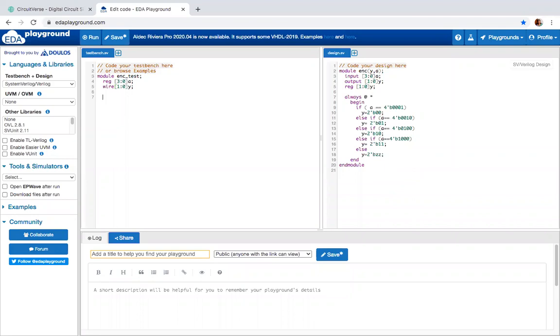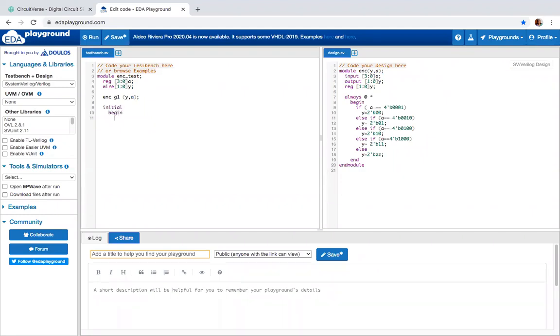Then we should instantiate the main module. So encoder gate 1, because this test bench is written for testing your main module, or testing your design. So we have to write the main module with Y, comma. You have to instantiate the main module. Done. Next, we should write the test fixtures. Now test fixtures you can write using initial. You can also use an always to write the test fixture. For now, we'll continue writing the test fixtures with initial only.